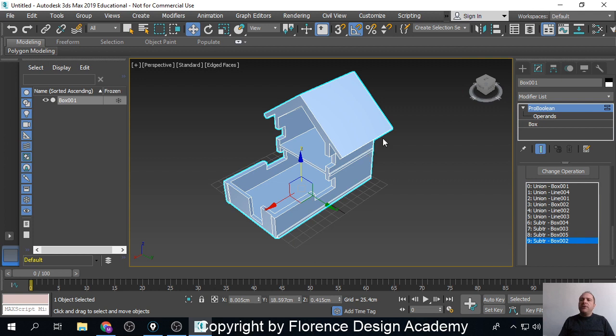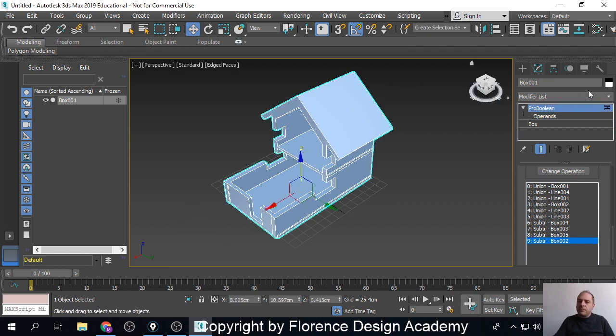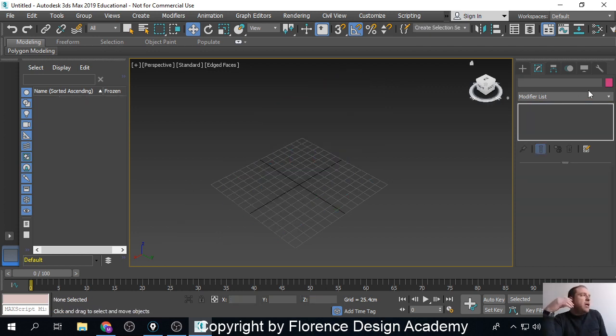If this is clear, I want to make one last tiny example in ProBoolean. Then I will start introducing Edit Poly, but we will just see the beginning because it is pretty complex, and I will mainly explain it next week. But the last example with ProBoolean is this. A lot of times operations like intersections are operations that no one uses because